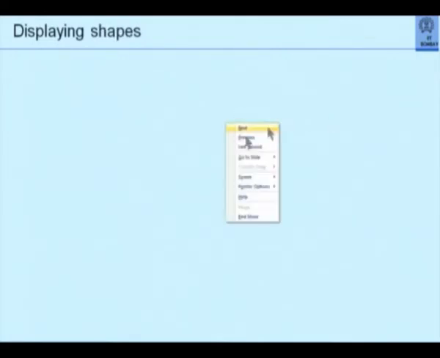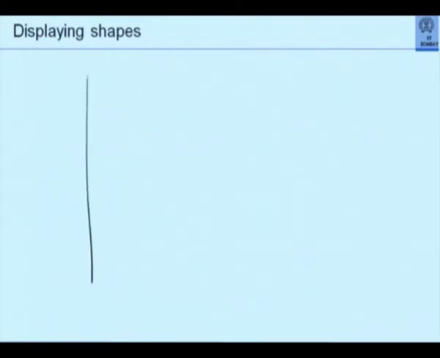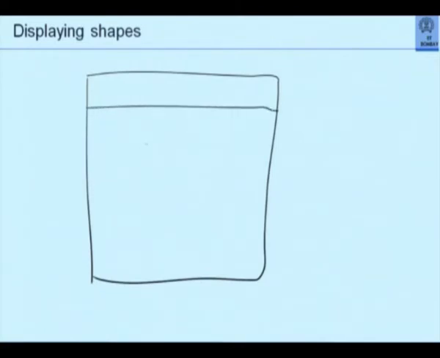Displaying shapes. Again, the same thing. We have already seen how rectangular shapes are drawn, but I can actually draw a triangular shape with some color inside. I can draw a line. I can draw an ellipse.